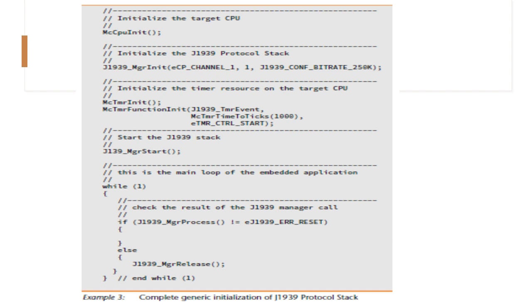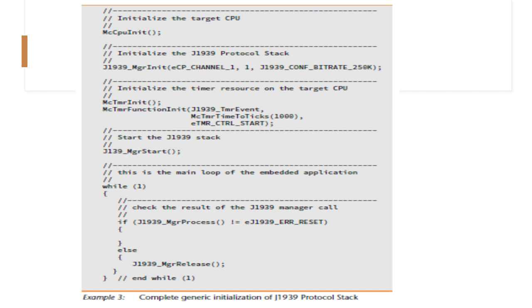First MC initializes the target CPU, and then we initialize the J1939 protocol stack by calling the MGR init function, and initialize the timer resource on the target CPU by calling the timer init function with the following parameters: timer event, timer time to ticks, and timer control start.